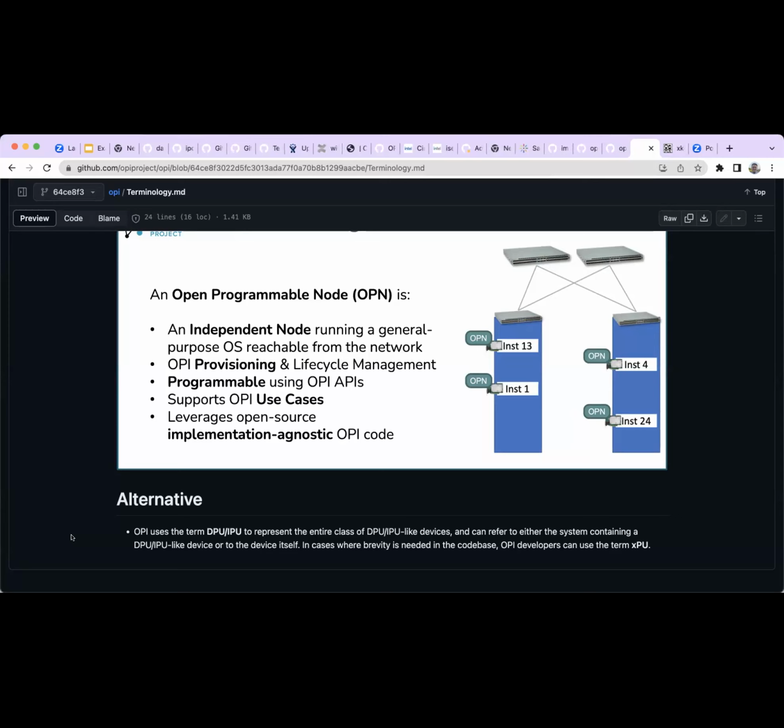But in fact, you could say, hey, what we really want is XPU everywhere, because we're thinking of a broad definition of open programmable interfaces and infrastructure. Right. But that's not where we ended up. So it isn't that there's anything wrong as such with OPN. OPA I like less well, because I like thinking of accelerators as a feature of these kinds of boards as opposed to the board itself. But even that has some merit. So it's not a question of the merit of the term in and of itself.